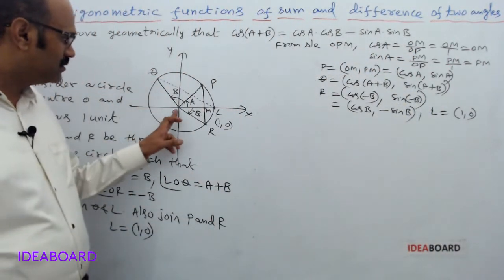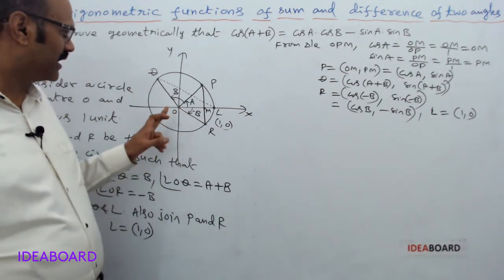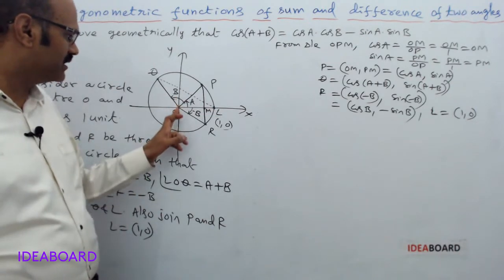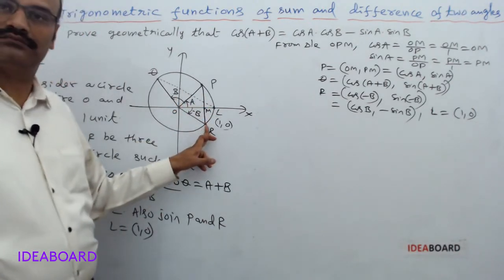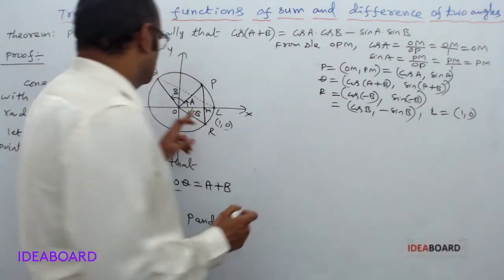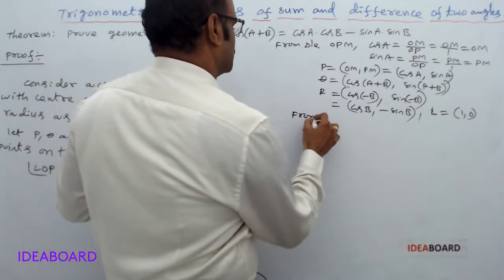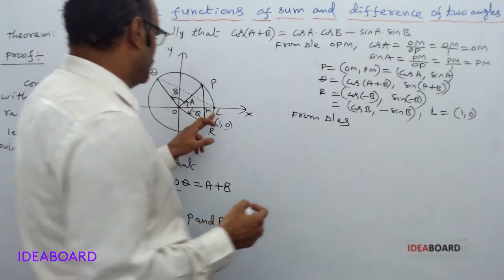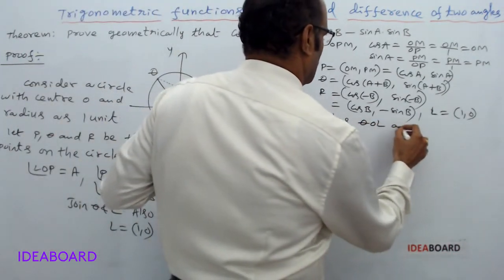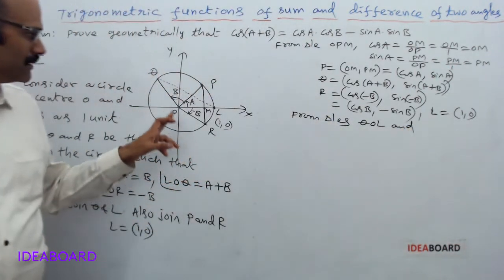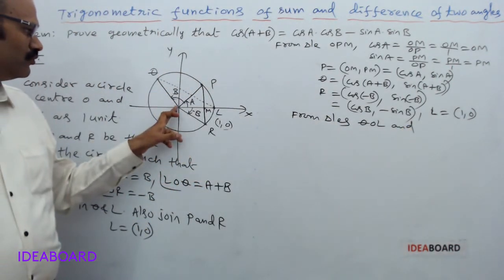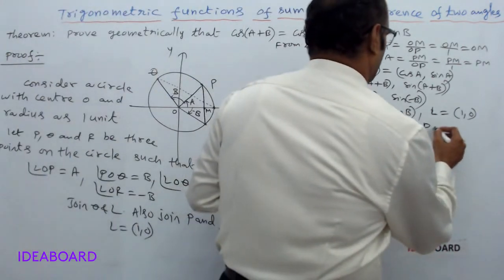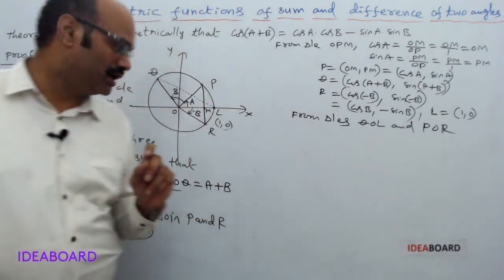Now, we have two triangles here. The two triangles are triangle QOL and triangle POR. From triangles QOL and POR,